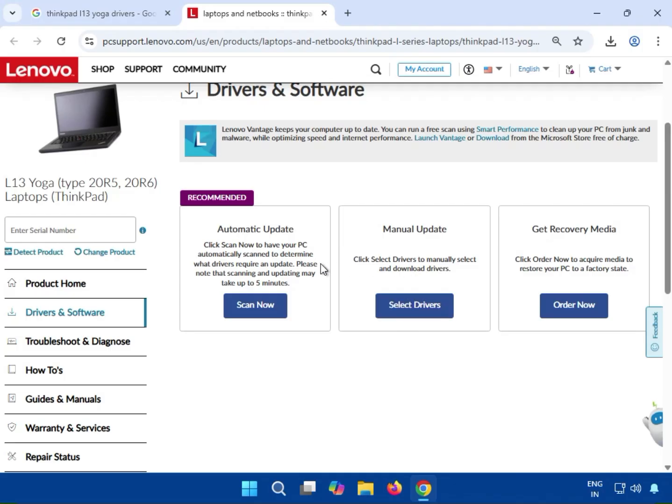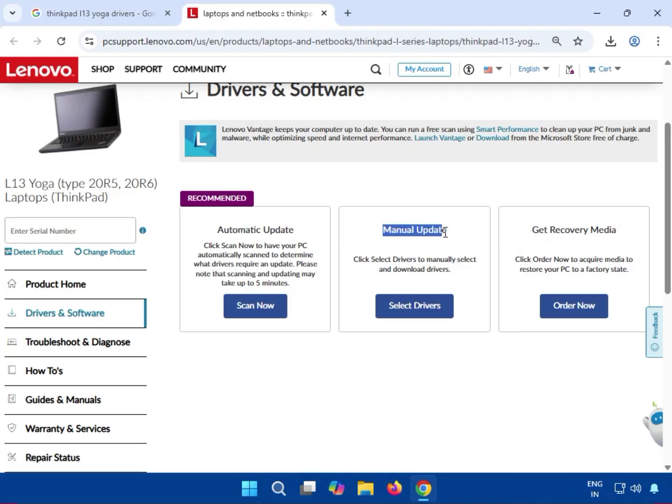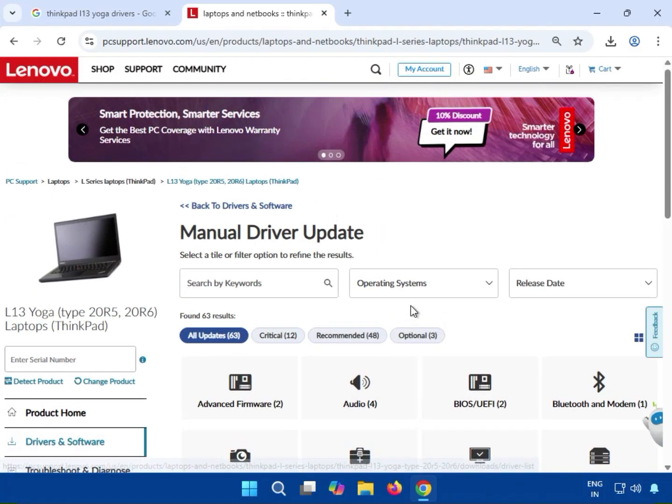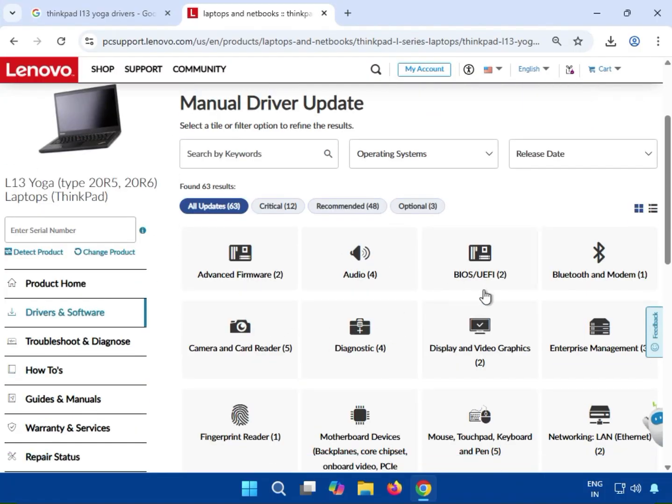You can see there are two types of install, first automatic and second manual. If you have to do separate driver installations, select this. Otherwise you can scan now and detect required drivers and it will install automatically, but if you need separate ones, that is not possible here. That's why click to select the driver, scroll down, and you can see all the drivers are